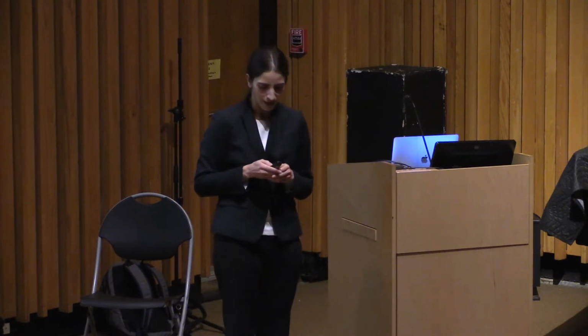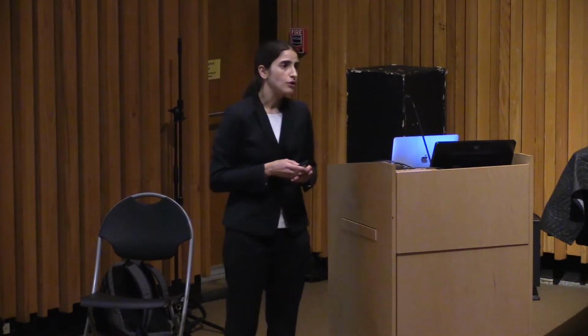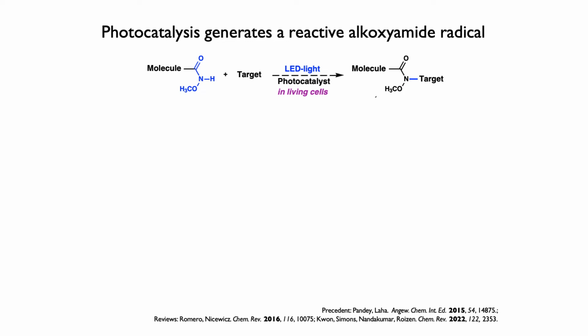So I want to walk you through a little bit of mechanistically how we anticipated that this might be able to happen, because photocatalysis is a pretty different mechanism from photocross-linking. But overall, we're going to have a visible light, we're going to have a photocatalyst, which means it's a catalyst that's activated by light, that's the photo part. And the catalyst part means that it's regenerated at the end of a reaction, so it can keep being used over and over again. It remains intact,